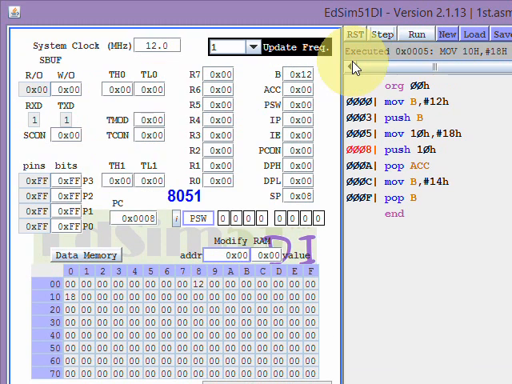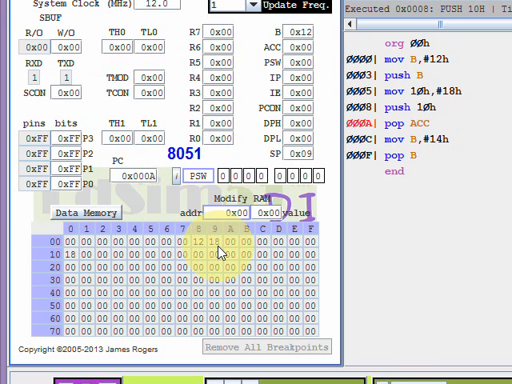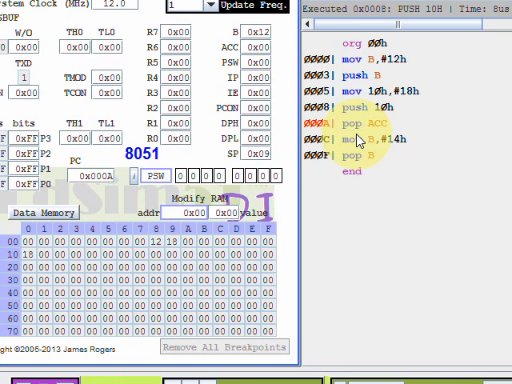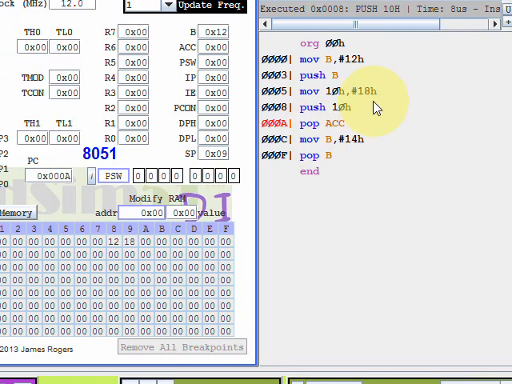So just step it out and you can see 09H has data 18, so it's looking good. Pop accumulator. In EdSim51 you cannot write pop A, you have to write pop ACC. So I was doing it wrong at first, so I checked it on the net, and then I put pop ACC, so it works.